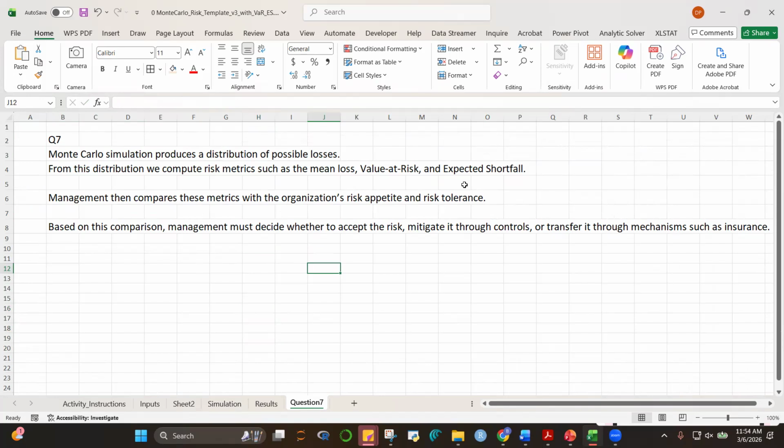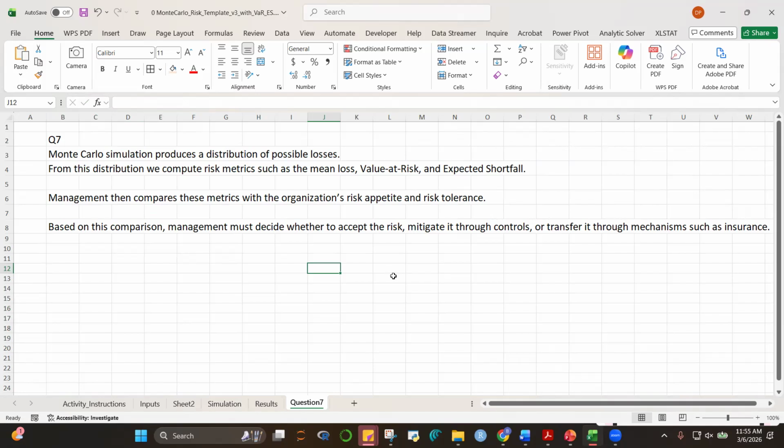We then compare it with the company's risk appetite and risk tolerance. Based on this comparison, management should decide whether to accept that risk, to mitigate it through controls, or transfer that risk through mechanisms such as insurance.